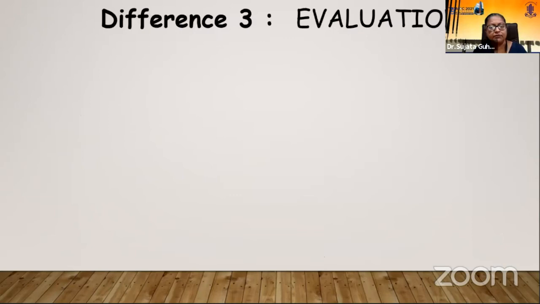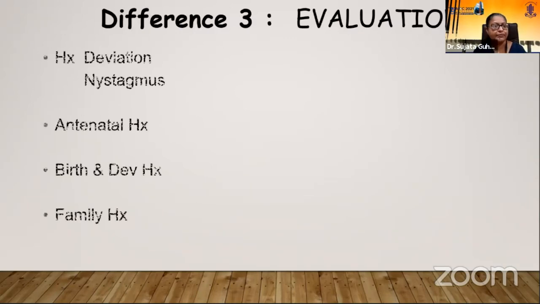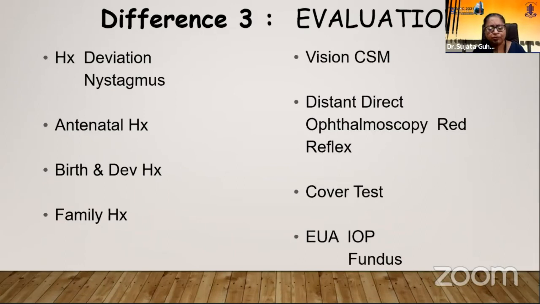Now, in an adult, we would probably do an ultrasound and go ahead with surgery. But in a child, the evaluation is a little different. We need to have a history of deviation in nystagmus, which indicates early cataract. We need to do a thorough history for antenatal fever, for birth history, and a family history of any congenital cataracts. Now, the vision evaluation, usually we follow the fixation pattern, a distant direct ophthalmoscopy, cover test, and an examination